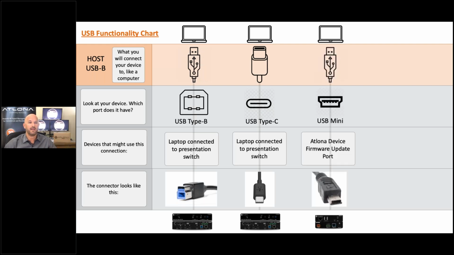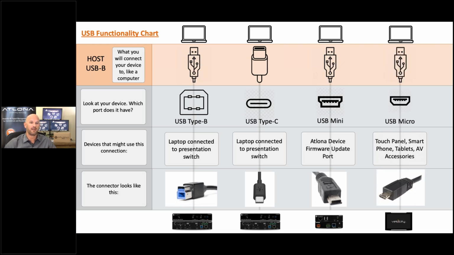The USB mini connector is often found on HD-based extenders and endpoints and used to update firmware on Atlona devices. And the USB micro connector is often found on many of the peripherals, including touch panels and tabletop devices like mics and speakers. So now that we have a better understanding and a chart of the USB connector types and their function,